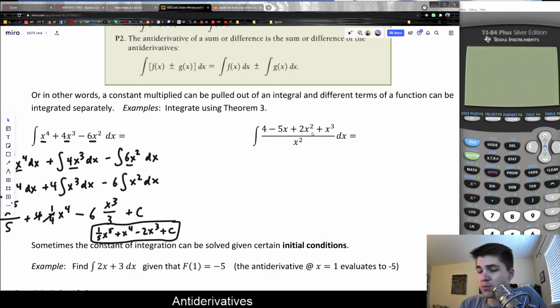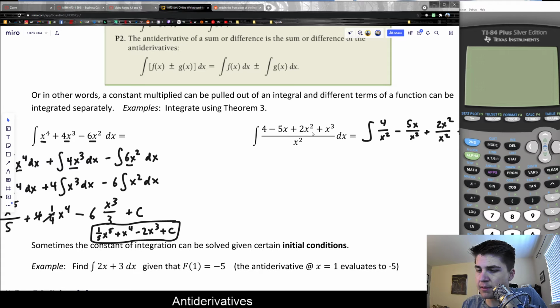Technically, each term should be divided by x squared. So I'm not going to separate the integral out first, but what I'm going to do is just split up the denominator. Because it's a common denominator, I am allowed to split it. I sometimes like to call this the splitting rule,